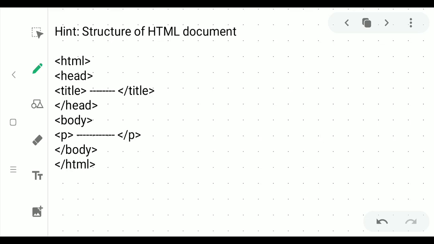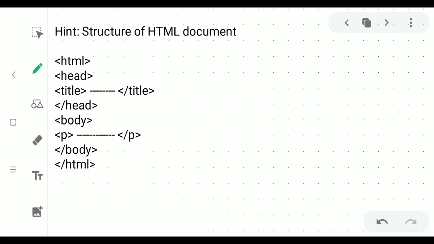Then I ask you to give the heading tags. I asked you to write a paragraph of about 5 to 6 lines. You can make use of each heading tag for each of the lines. H1 for the first line, H2 for the second line. How will you apply the heading tag? Before the start of each line, the number of the heading tag must be present and at the end of it, the heading tag must be closed.